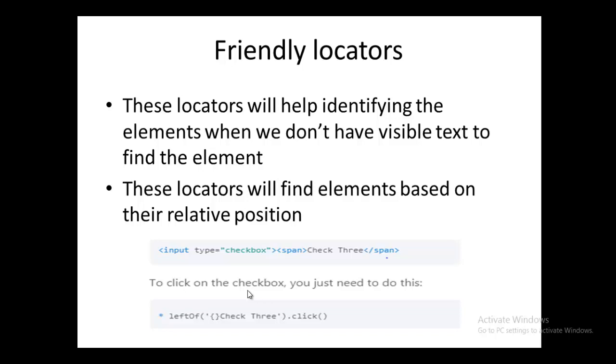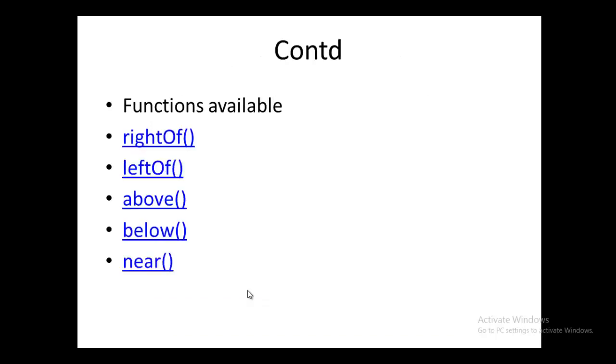So in that case, how do you navigate? Say for example, I want to ensure that I am passing the keys for the first name field. How do you ensure that? You need to write an XPath, identify the first name element, and from there travel to the text box. In a similar fashion, if you want to go one element above, or one element below, or identify a nearby element, or an element which is left of or right of another, all these functions are given in the Karate framework.